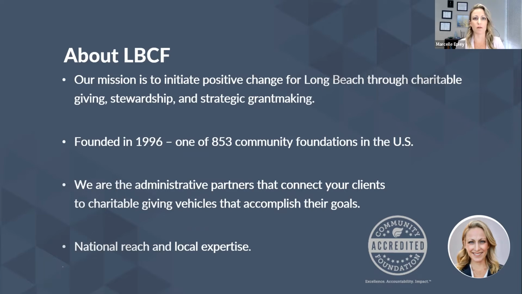We were grown out of the Estate Planning and Trust Council of Long Beach. So it was trust attorneys and CPAs and financial advisors that got together along with some real matriarchs and patriarchs of this city that are very charitable themselves, that said, we need an entity that can help us with these complicated transactions, that can help us house our funds, can be fiduciaries, can be overseers of what we're doing, and not only what we're giving today, but in our will and trust. And so that's why community foundations exist.